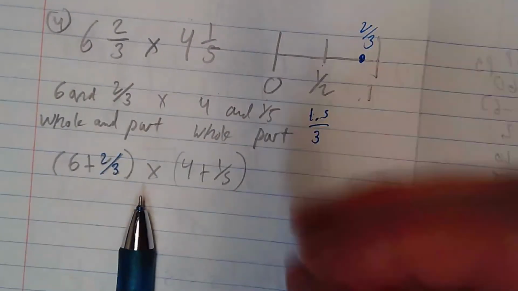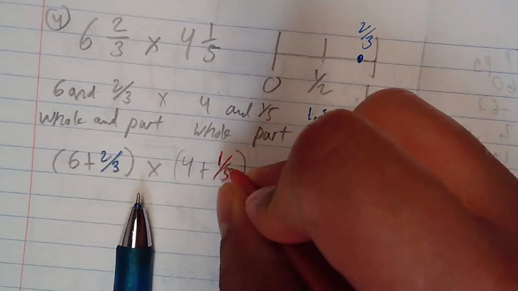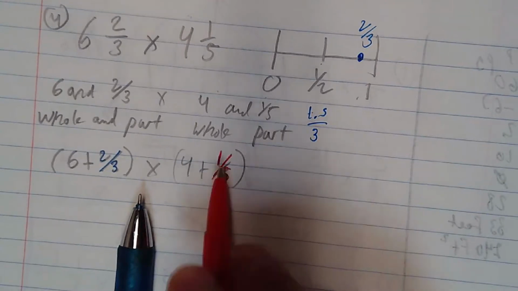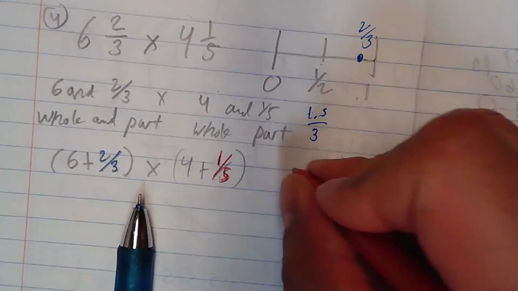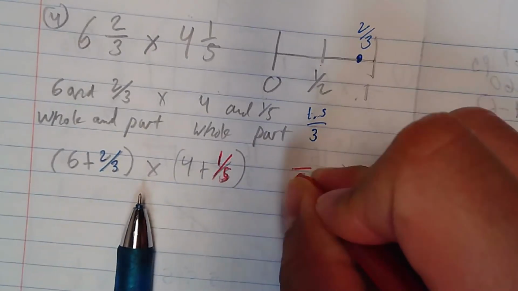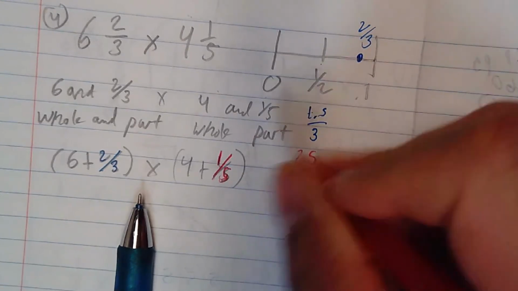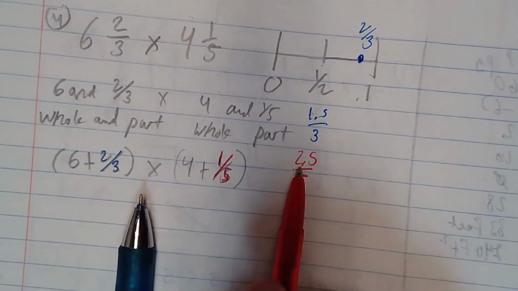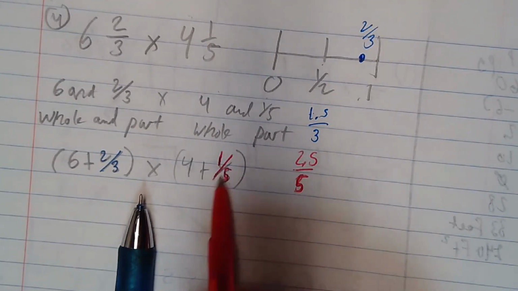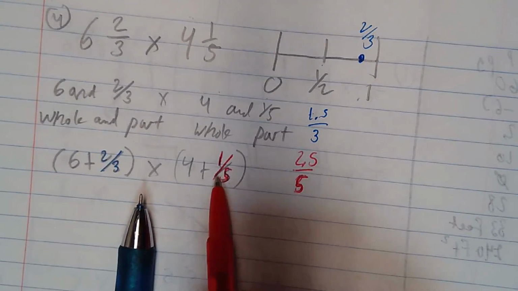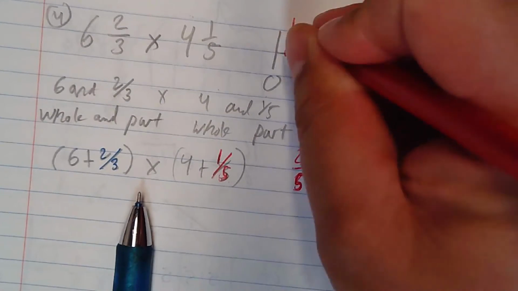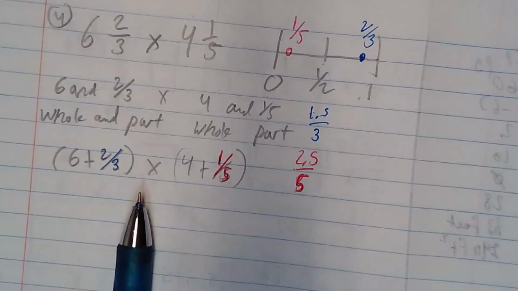And for the other fraction, I have 1/5. Okay, denominator is 5. Half of 5 is 2.5. So if I had a fraction that would be half of 5, that would be 2.5, right? So if I were to cut something up into 5 parts, one part, well, there it is, but 2.5 would be right in the middle. 1/5 is somewhere here, and it's actually 1 away from 0, so I'm going to say it's closer to 0,